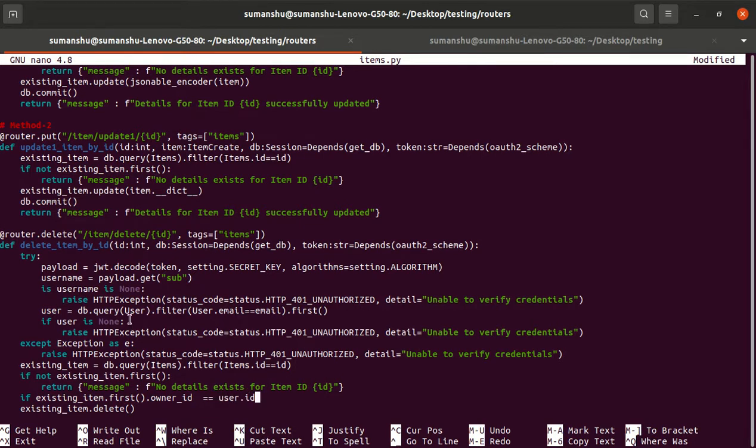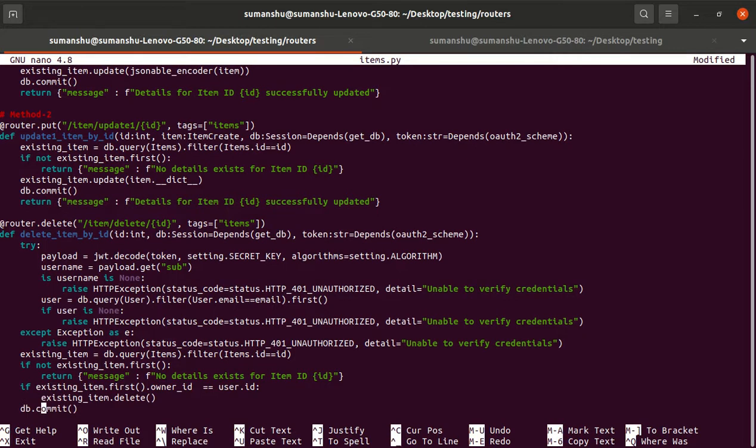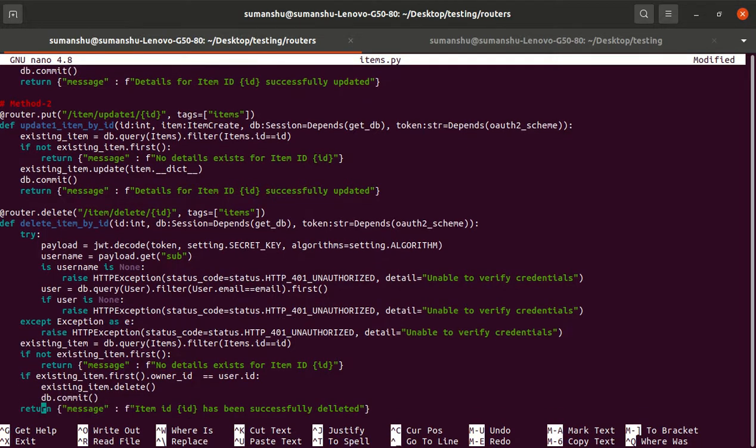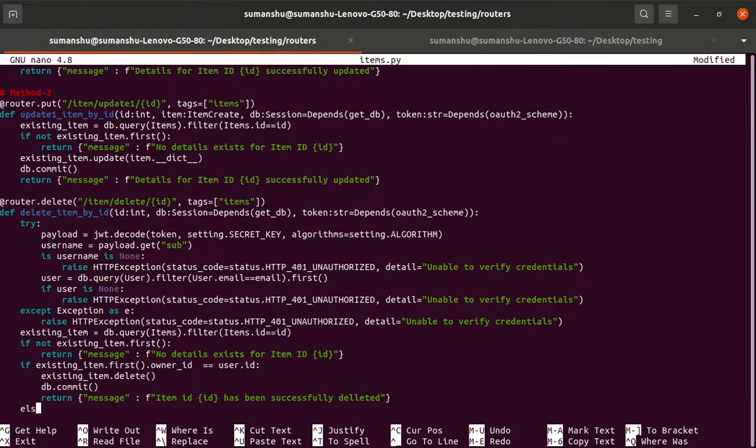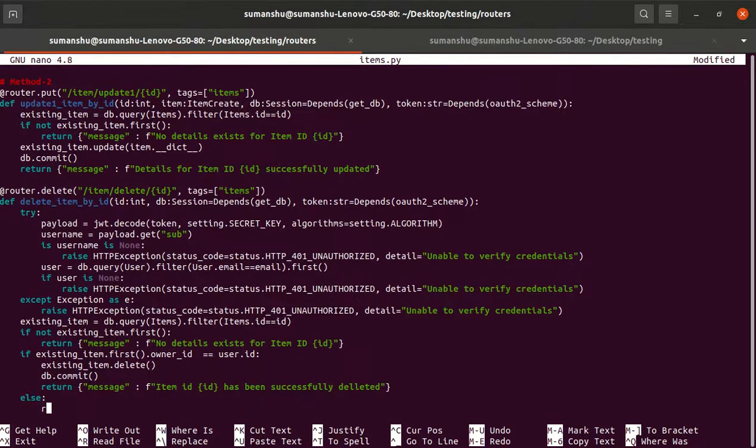So what is the user? From the token we will get the user field, and check whether it is equal to the owner ID. If it is equal, then we will say you can delete it. If it is, we will commit it and return the message. But if it is not equal, then we will return a message.